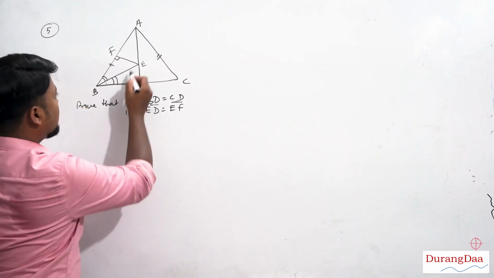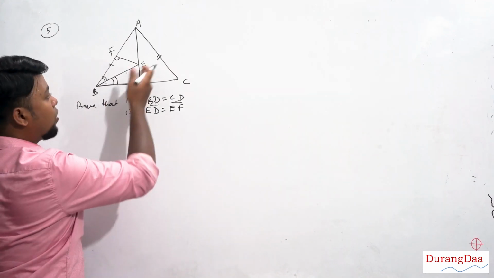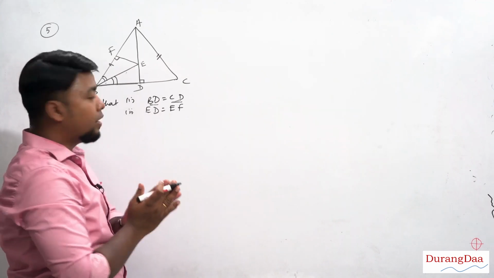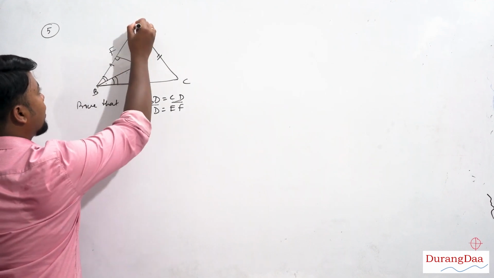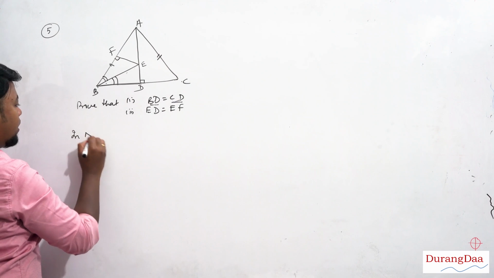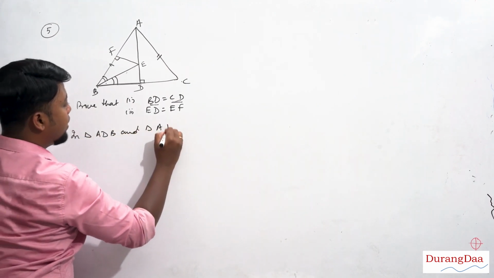All right. Now all you have to do is select the two triangles which would be very easy to prove congruent. Because this one is smaller in size, we will have difficulty. Clearly it is not congruent, because we know that congruent triangles can be overlapped. So clearly the two triangles are triangle ADB and triangle ADC, even they look alike. So just write it down. In triangle ADB and triangle ADC.